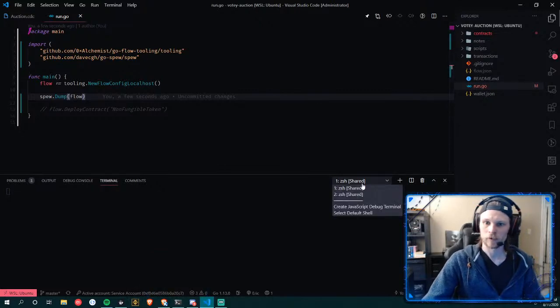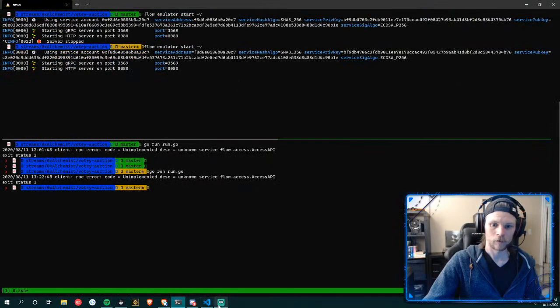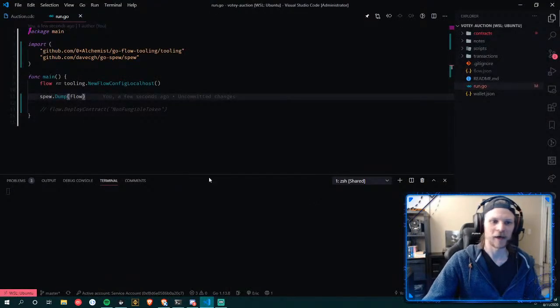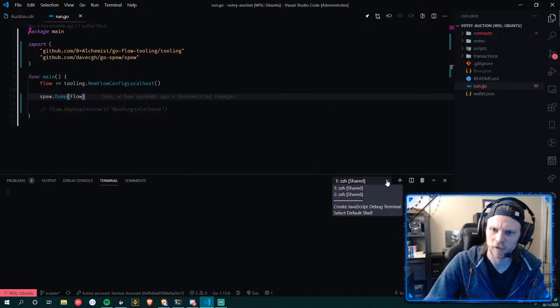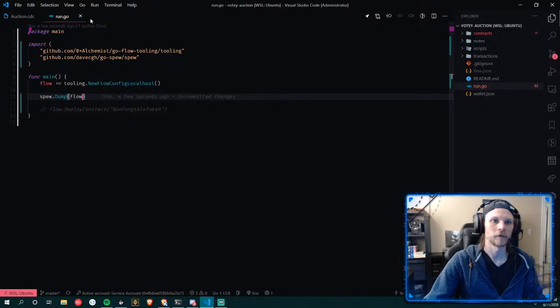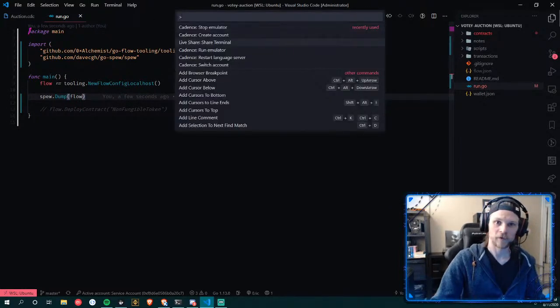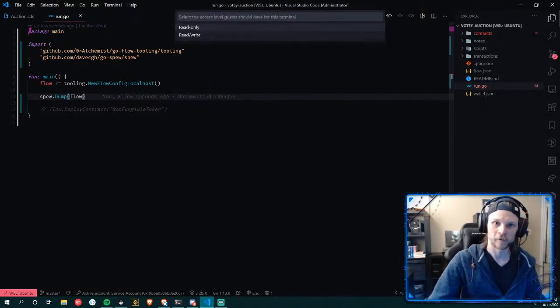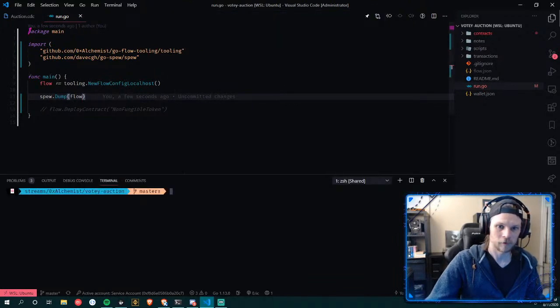Yeah, one sec. Let me just do this. Now I probably need to go watch on YouTube because I can't see that. You can't? Well, no, you should be able to see it. There's 2 shared terminals. You don't see them? Oh, wait a second. I can't actually see anything. Shared terminals. I see flow emulator read-only terminal. That's what I see. There's no shared one. Okay. Let me just try one more time, see if I can get us a shared terminal. Otherwise. Yeah, now I see it.